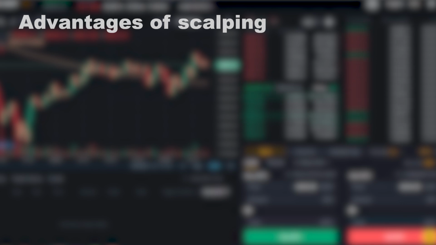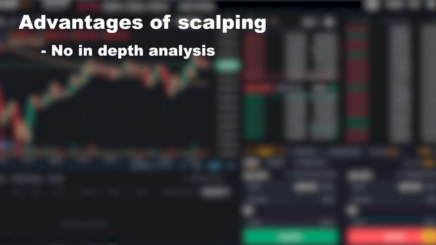Alright, now let's see what are the advantages of scalping. In scalping, you don't need to spend lots of time for analyzing the market for every trade. You develop a trading strategy. It's usually an indicator-based system, usually one or two indicators mixed with price action analysis concepts that generates straightforward signals. The strategy is backtested, the win rate is already established, and the stop loss and profit target are predetermined before any trade, and all you do is to buy when you have buy signal and sell when you have sell signal without any further research or analyzing the market.